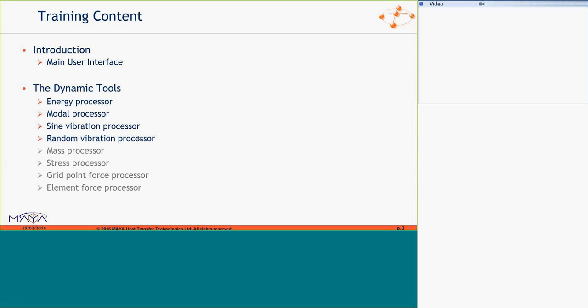Mike mentioned that we are a Siemens development partner. A lot of our products have the Siemens name on them. Not this one. This is a Maya product. It's standalone. However, it's getting closer and closer to NX now, so I'll show you how to create the input files in NX and post-process some of the results in NX. But it does not query an NX license, as was mentioned before. It queries the Maya license server, which you must download.